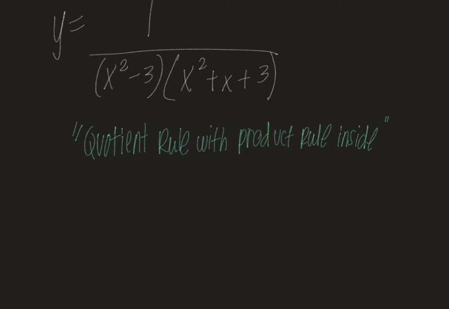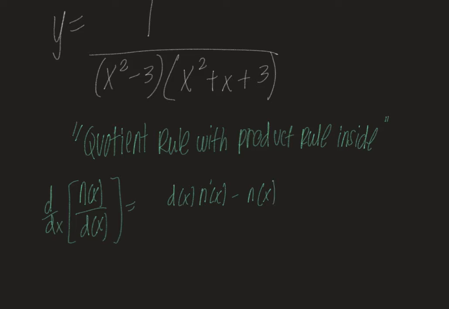So I'm going to start by writing my quotient rule down. If you have an n of x, numerator, divided by a d of x, denominator, and you're taking the derivative of that, then it will be the denominator multiplied by the derivative of the numerator minus the numerator multiplied by the derivative of the denominator all over the denominator